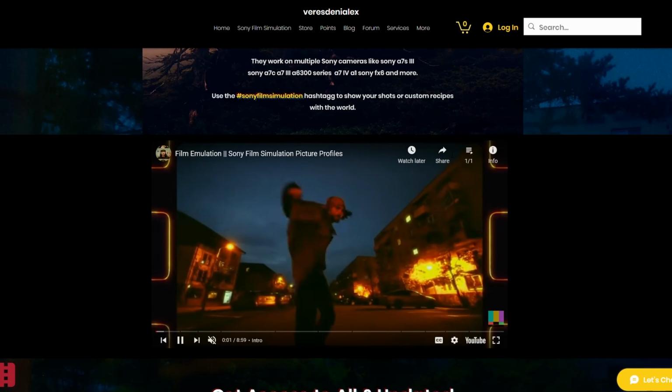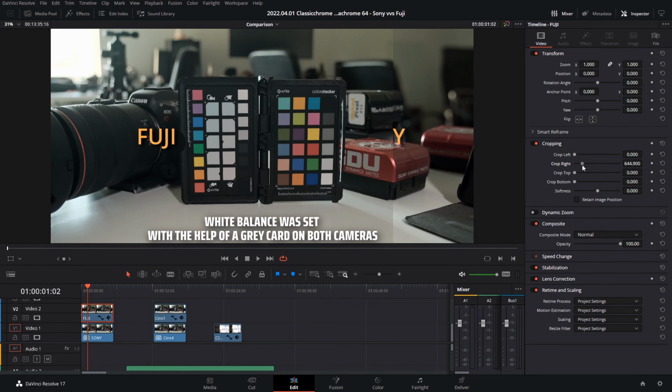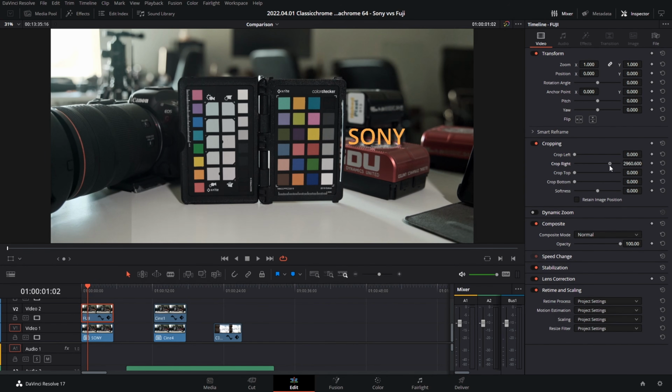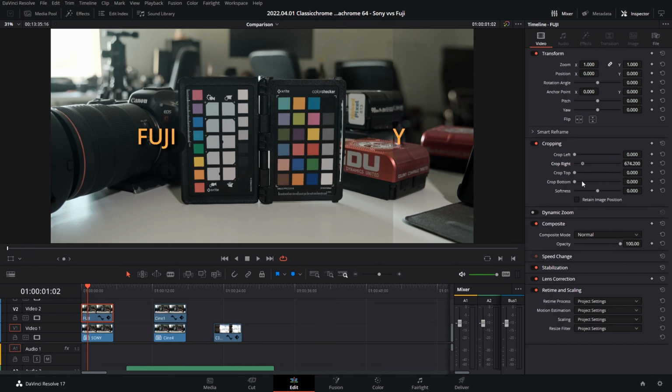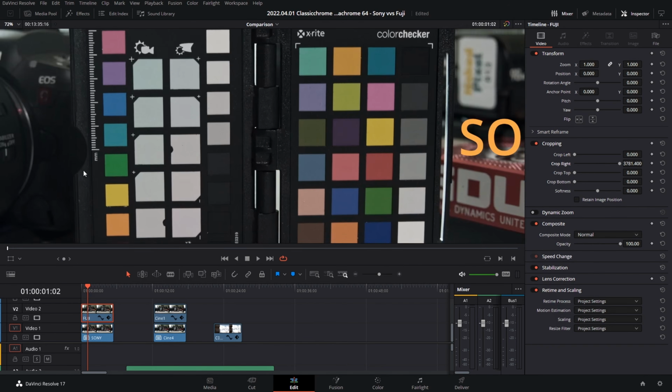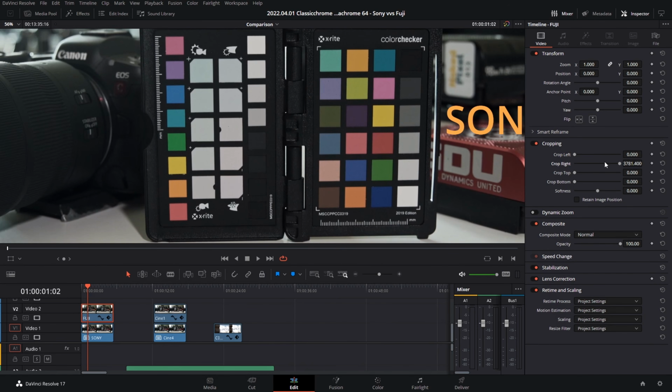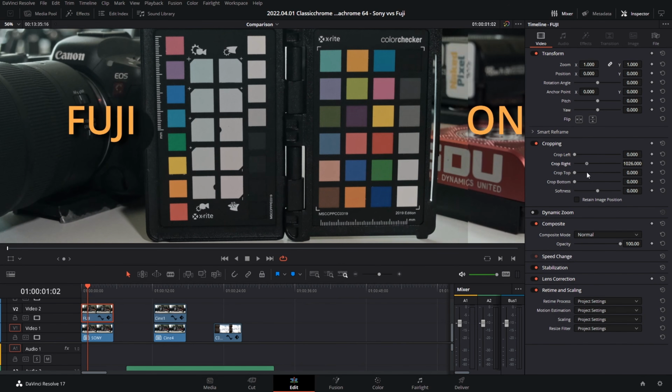Let's start with the Classic Chrome. This Sony picture profile was made after the Fujifilm simulation, and I used the Fuji X-S10 to compare the two sample clips. As you can see, they look very similar with some slight differences. They are identical in terms of contrast. Fuji seems to have a better dynamic range, but with worse noise performance. And in terms of color, it's about 90% matching,